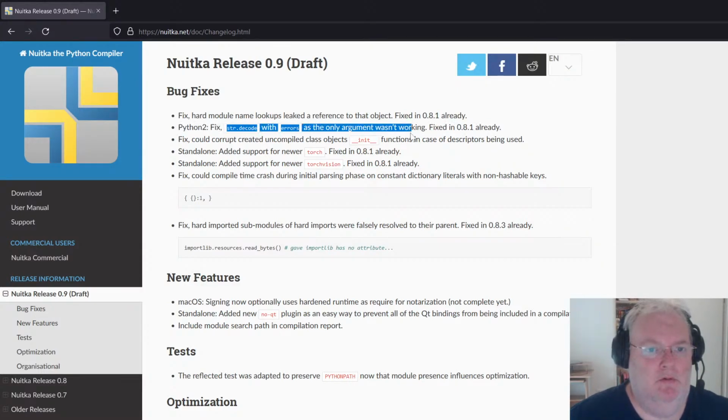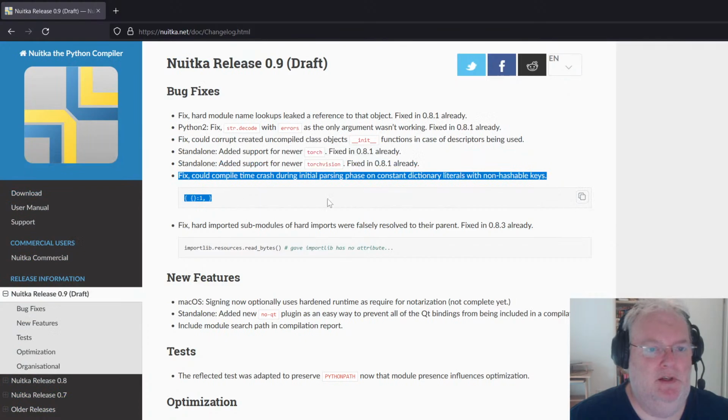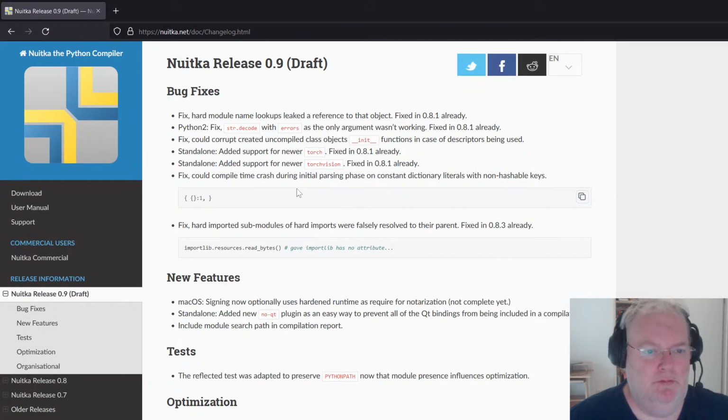And this is just wrong optimization. This one is actually pretty funny. It could compile and crash. Yeah, it didn't check if the keys were actually hashable. Just assumed they are, because of course code you are going to compile often is. But I think I did some cleanups in this area to make optimization apply more universally, and then I understand with the pairs, and I noticed this is not done. So that's actually the only reason I know it.